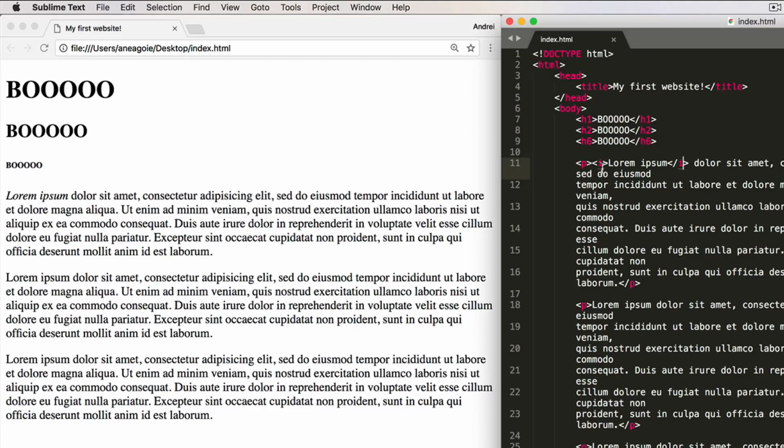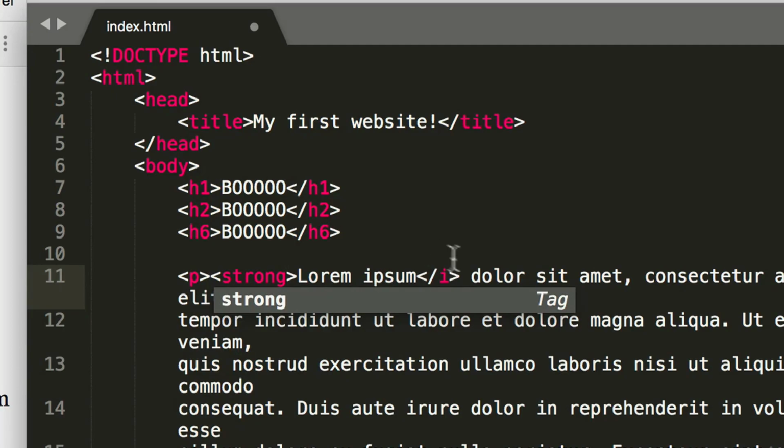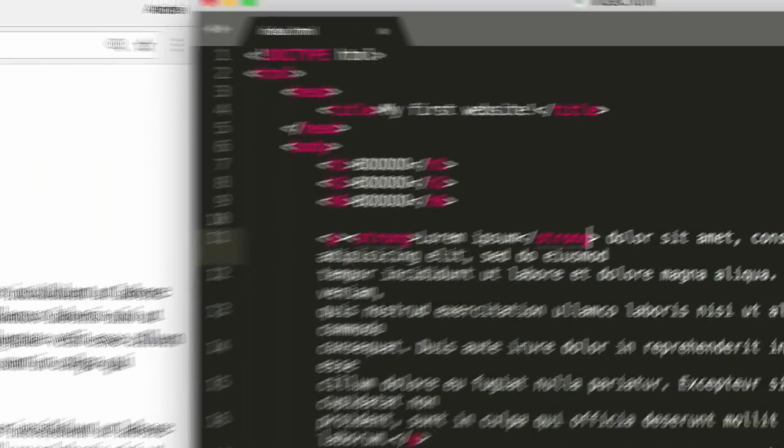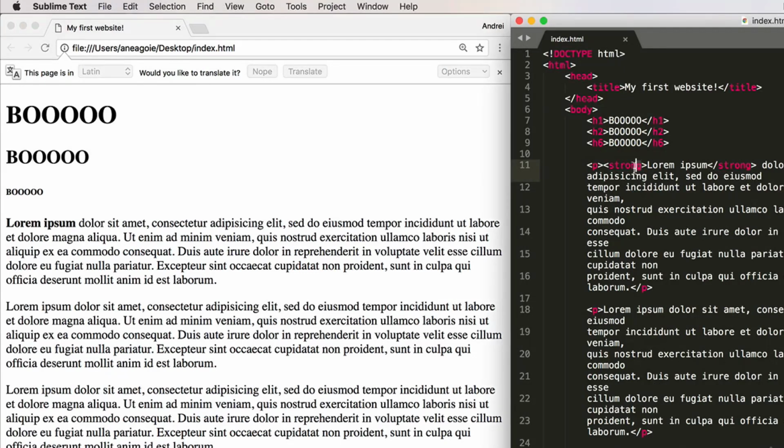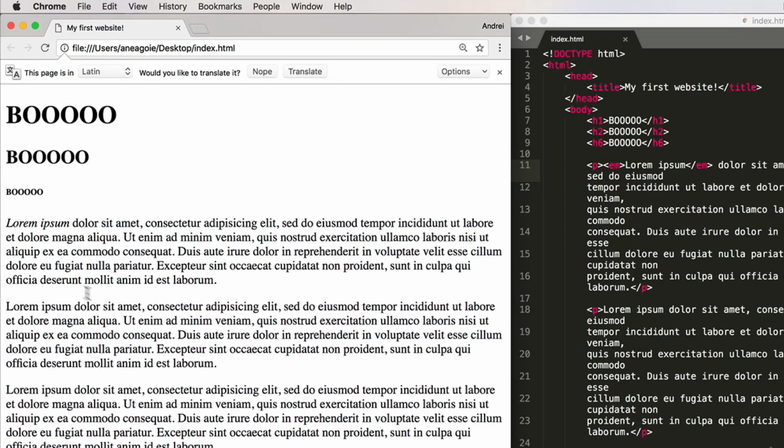behind italicize and bold. So now we use something called strong for bolded, and refresh. And then for italicized, we use EM for emphasis. And there you go. Now, the reason this change was made was a move towards more something called semantic HTML,